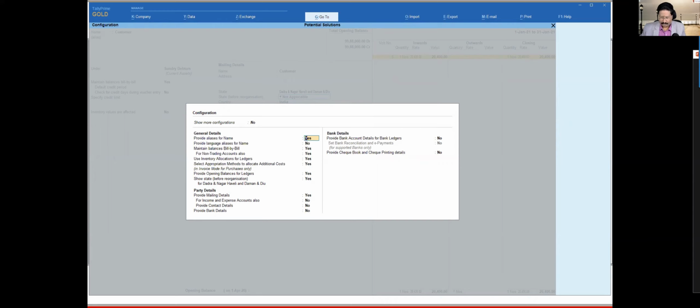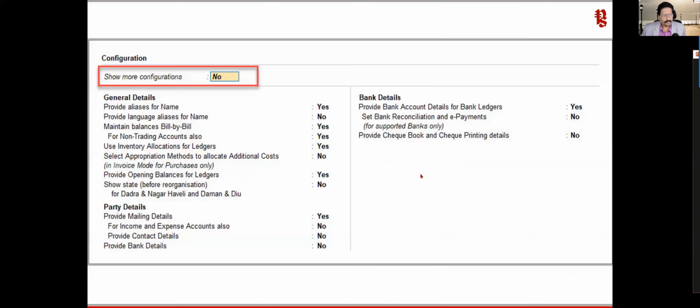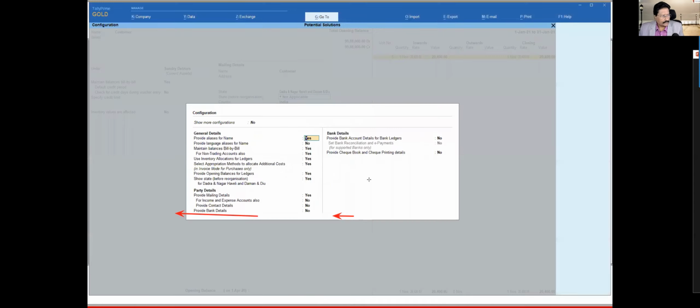So now the next option. The rest of them are quite simple. So provide mailing detail. We enabled this mailing detail now, and on the right hand side we got the mailing information.